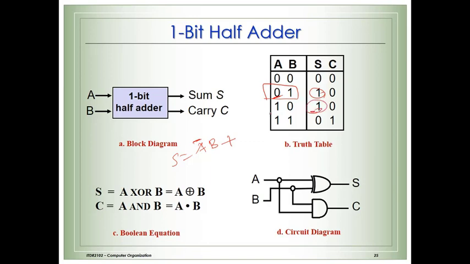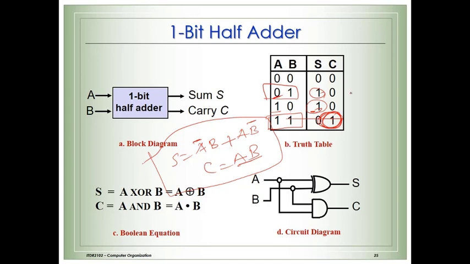And for the second one, what is the second one? A is there, but B was 0, so we'll take its complement. Understand? Similarly for carry, at only one place we are having 1, so we'll go and perform AND operation because both values are 1. So here we will simply write AB, correct?